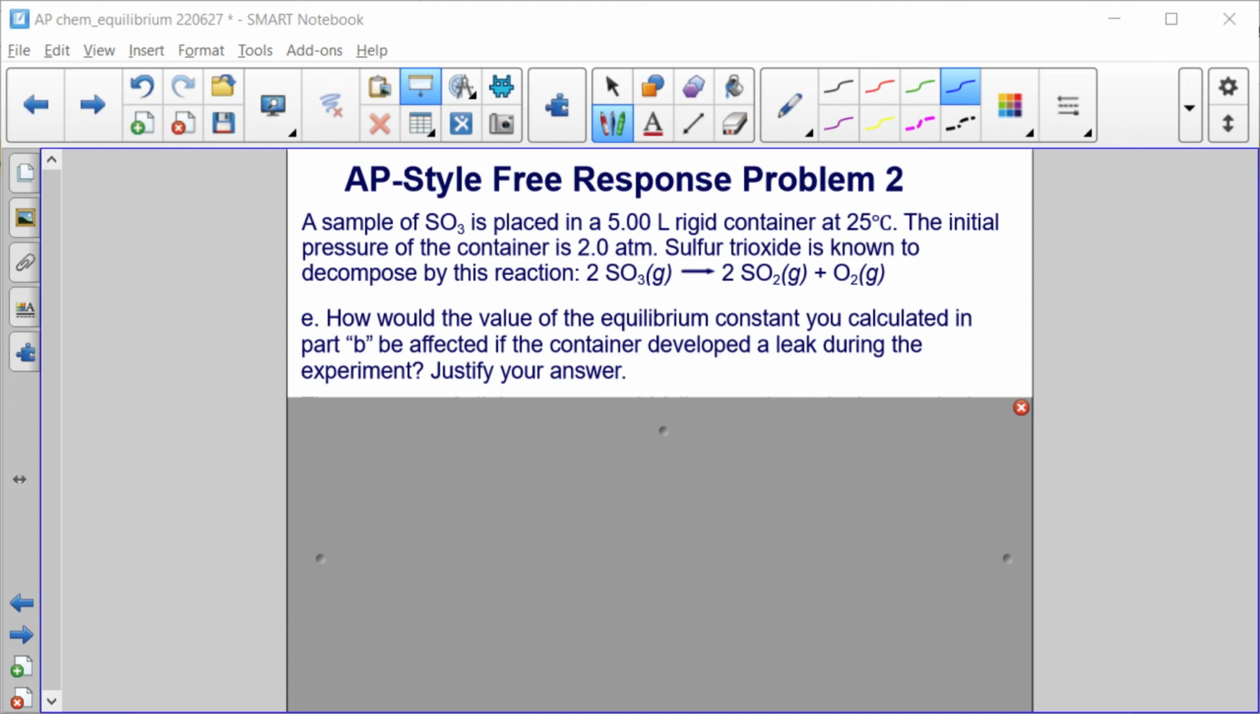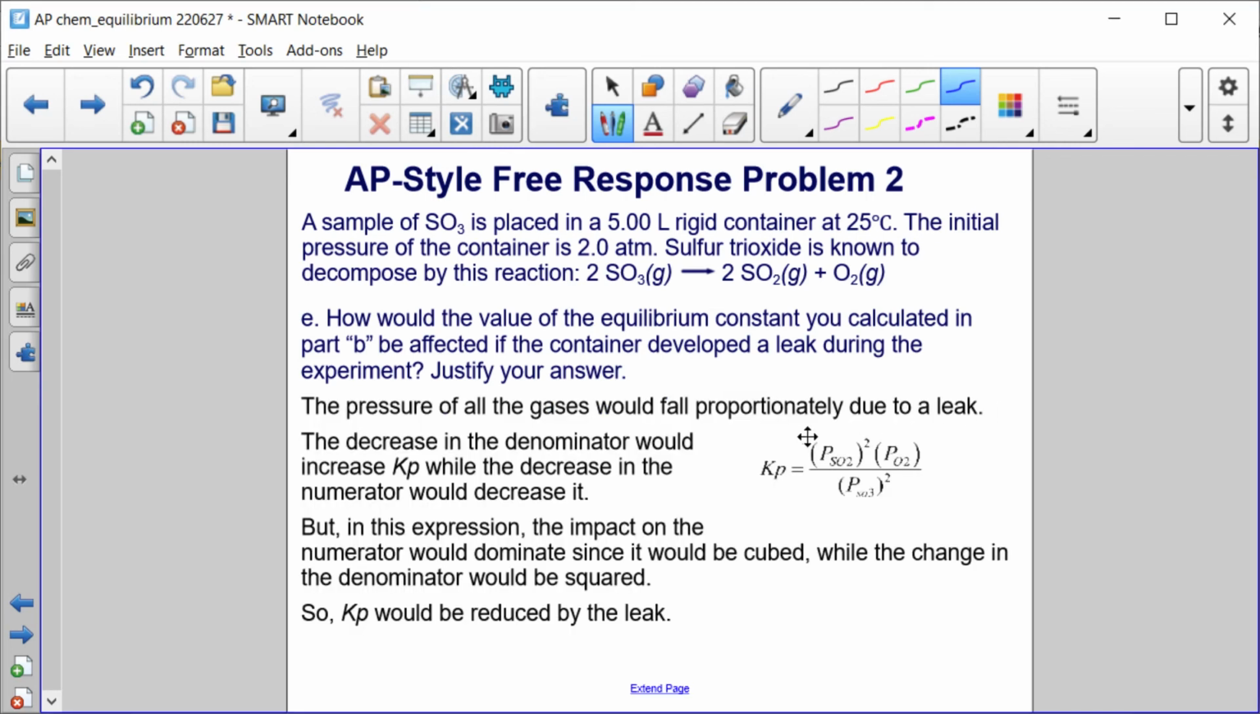Part E, how would the value of the equilibrium constant you calculated in Part B be affected if the container developed a leak during the experiment? Justify your answer. So first of all, we have to think about what is the impact of a leak on the container. That allows the gas to escape, and the container can't maintain its pressure, right? So the pressure of all the gases would fall proportionally due to a leak. If this pressure decreases in the denominator, that would increase Kp. As the numerator decreases, that would